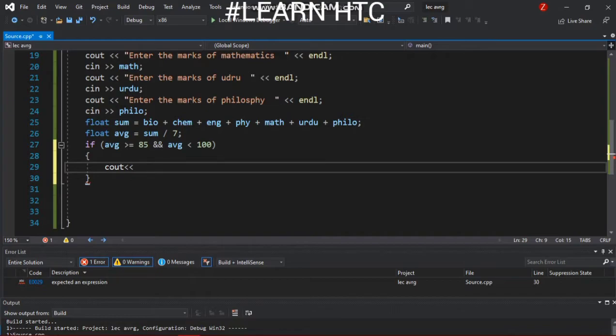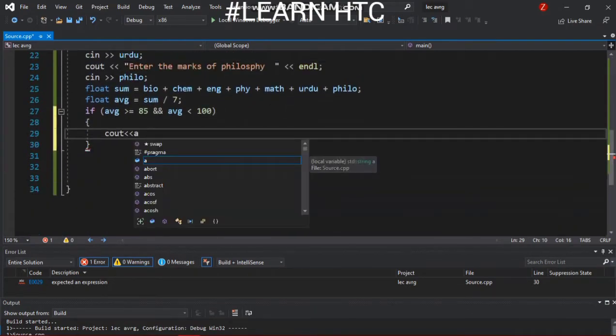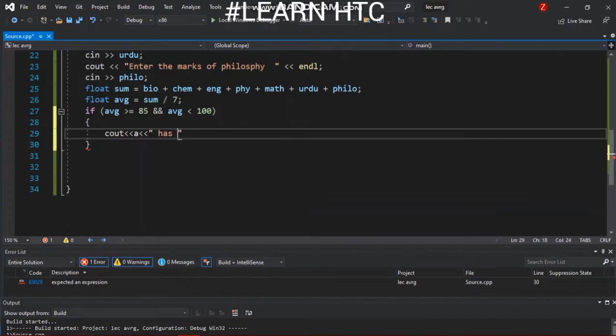We use the data type for name, and within quotes we simply assign: Ali has got A grade. It's good.